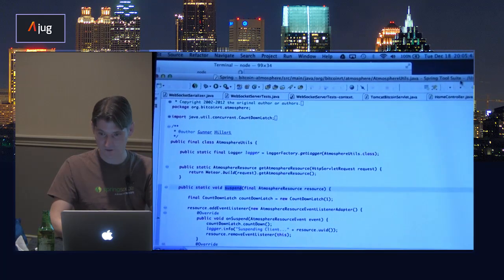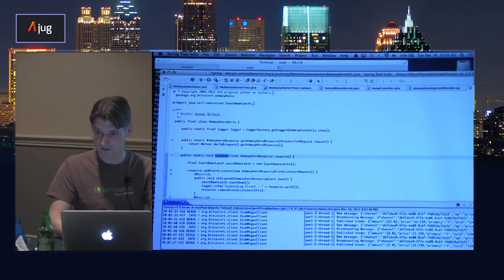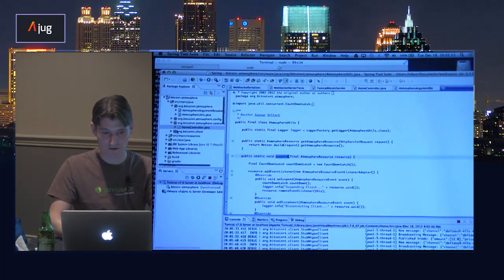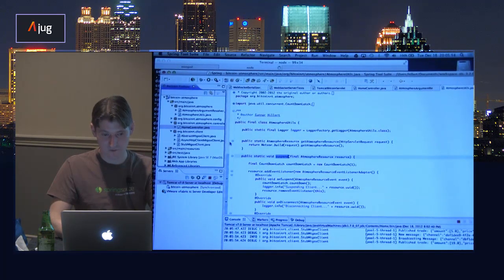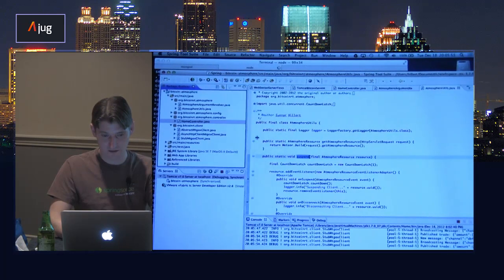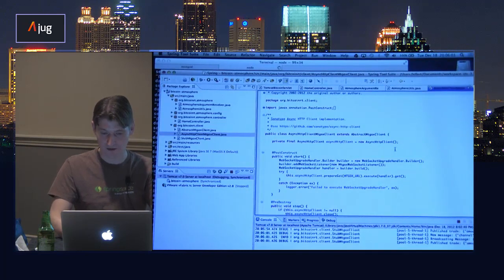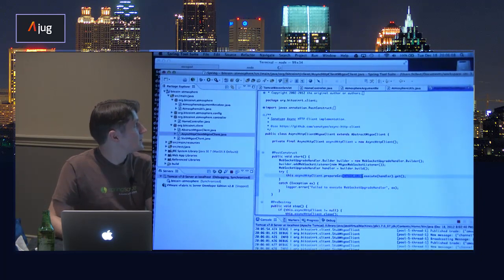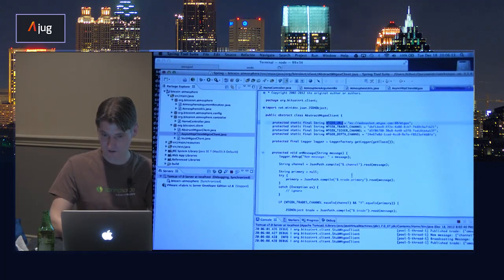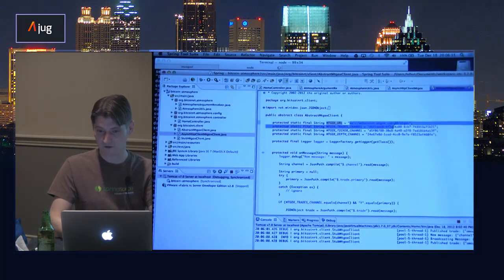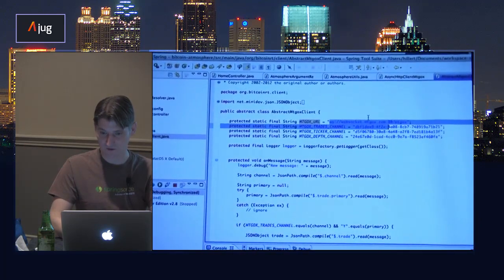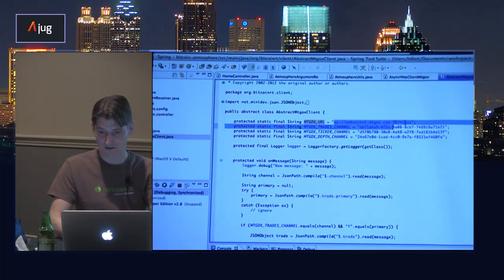We have the Bitcoin client. In this case, the async HTTP client goes out to the Bitcoin exchange, which is a WebSockets connection to websocket.mtgox.com.